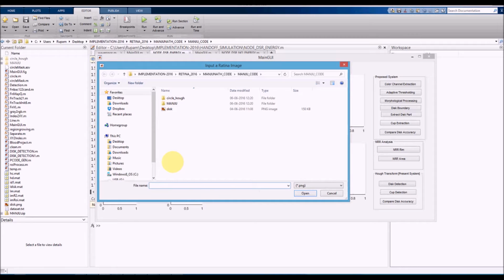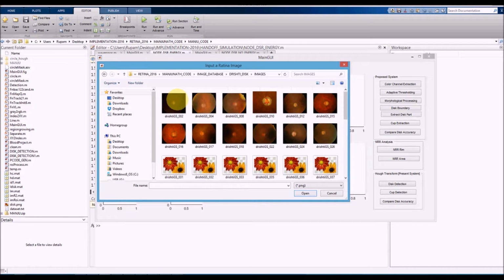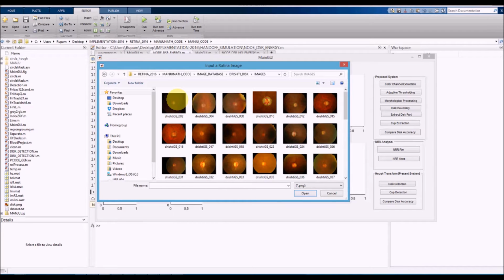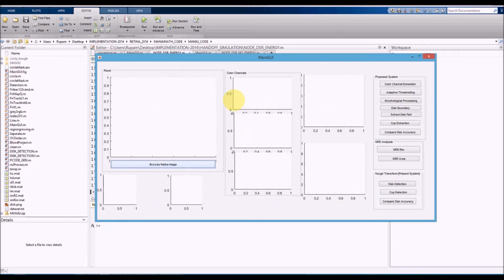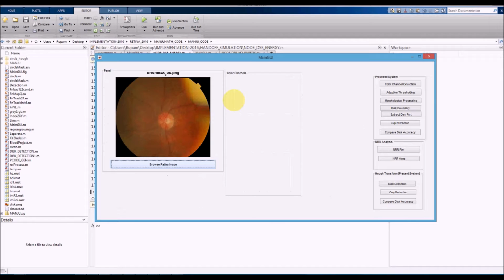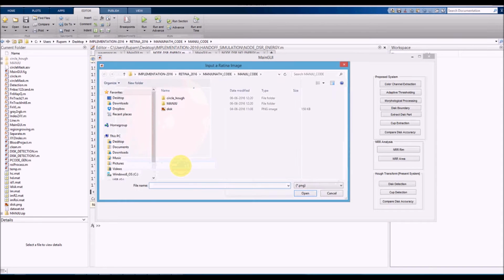Now we start with the database. Let's take any of the database images. We are taking Drishti database images. First we need to consider the retina image. Now the disc is essentially the most prominent part of it. This image cannot be detected,